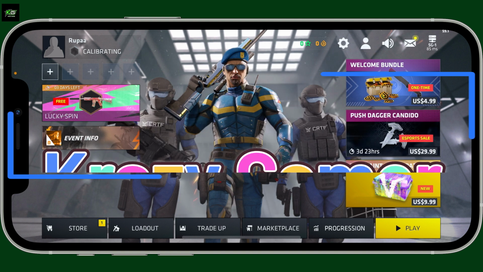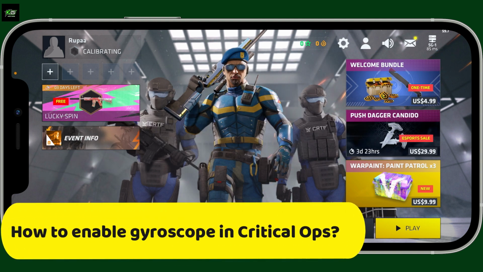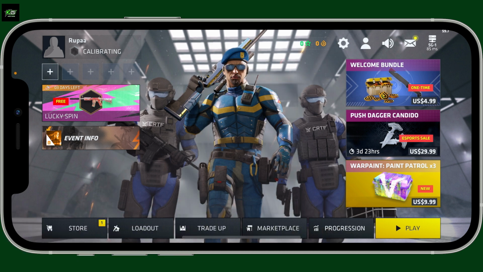Today in this episode we will be learning how to enable or disable gyroscope in Critical Ops. Critical Ops has integrated gyroscope controls to enhance aiming precision, especially on devices with limited screen space. In order to enable or disable gyroscope, first of all, open the Critical Ops application on your mobile device, and